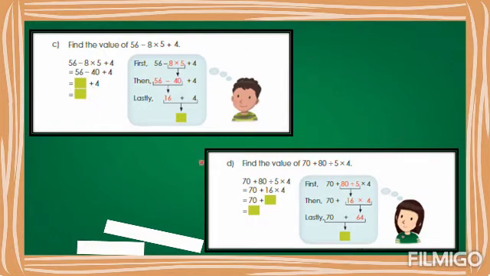So let's proceed now, letter D, class. Find the value of 70 plus 80 divided by 5 times 4. As you see now here, there are two operations, the division and the multiplication. If these two operations are present in the given problem, what you will do is to solve first the division. Okay, so now let's divide first 80 divided by 5, and the quotient is 16,